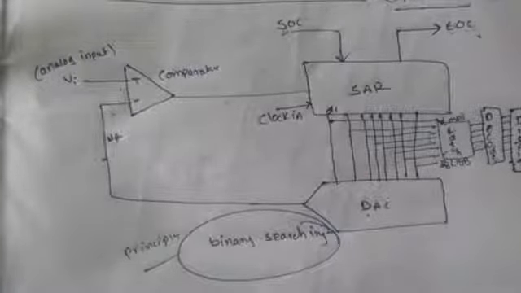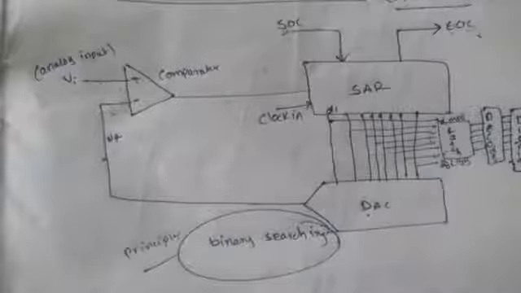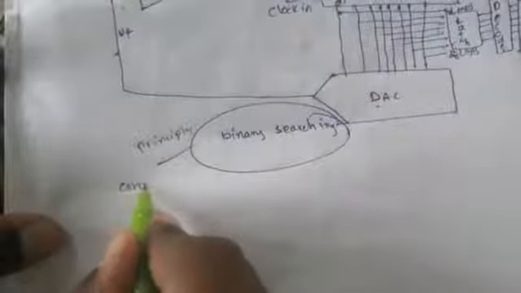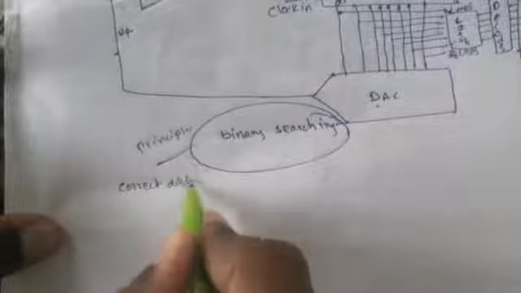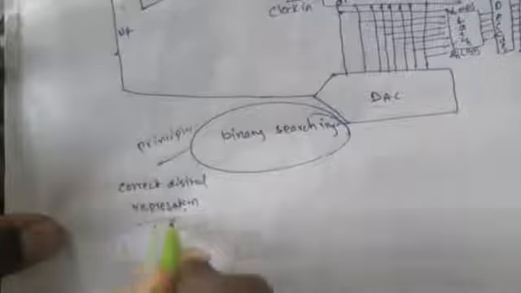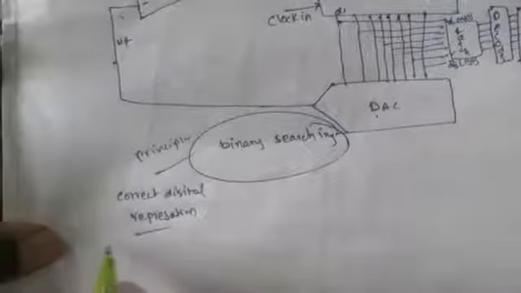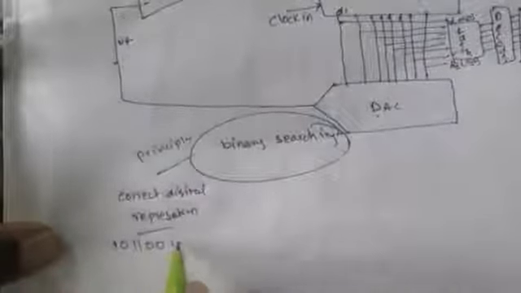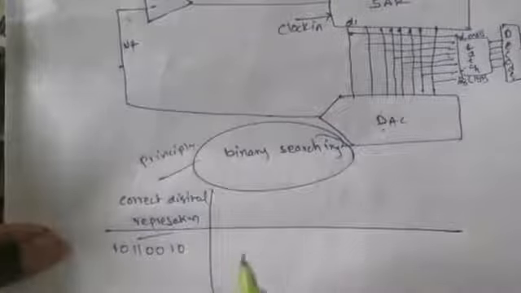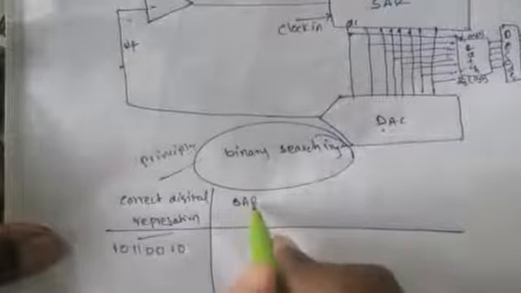How the binary search operation is performed, you have to consider some assumed data for it. I am taking one table, the digital representation of analog input. You can consider that the register is 8 bit, so you can consider 8 bit data here also: 10110010. This is our original analog input data. How it will be converted: the SAR output